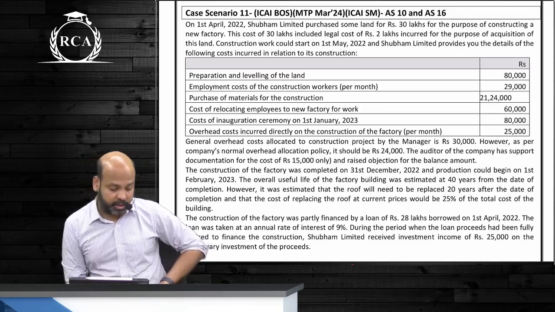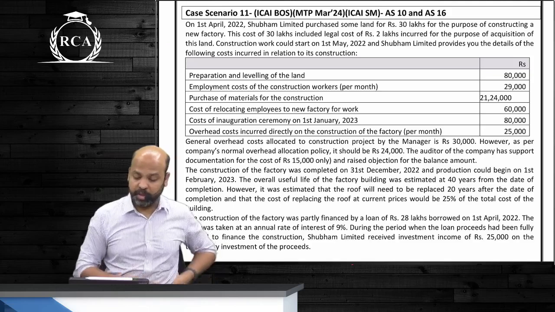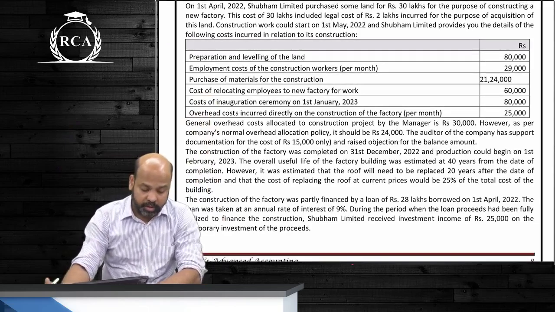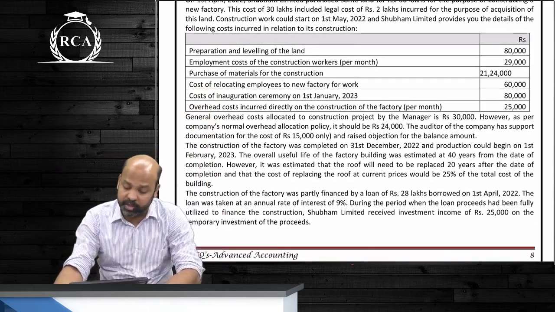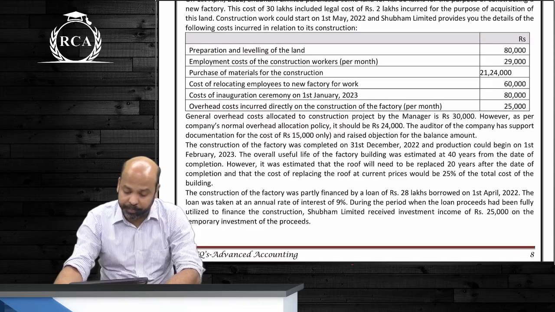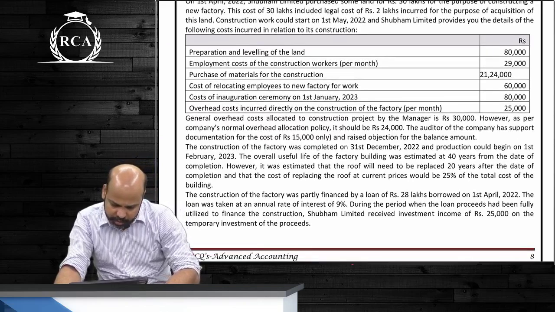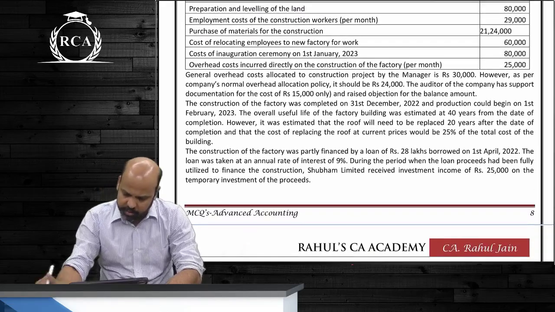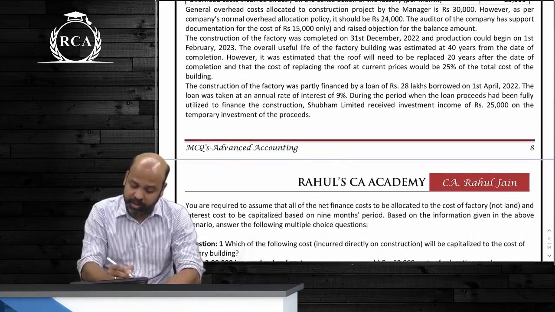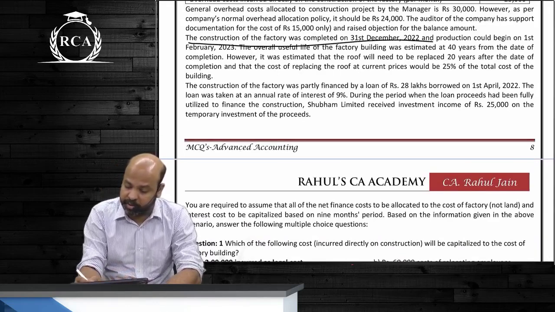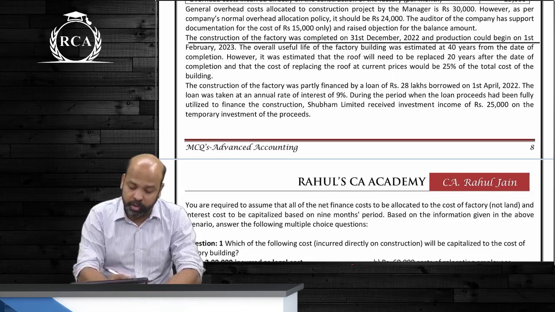Shubham provides you the details of the following cost guys in relation to its construction. Preparation and leveling of the land 80,000. Is this a direct expenditure guys? Will this be added? Employment cost of construction workers should be added guys. One second beta, go ahead and see when the factory construction ended. Second paragraph beta: construction of the factory was completed on 31st December. Production could begin only on